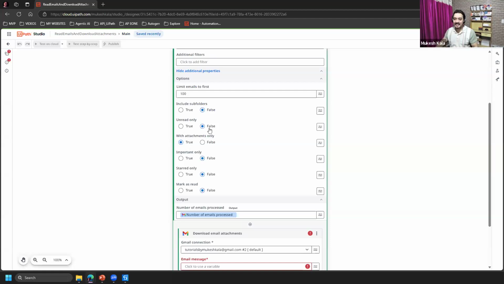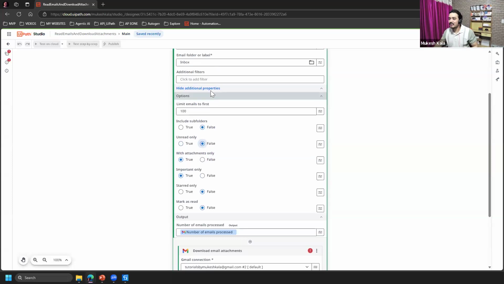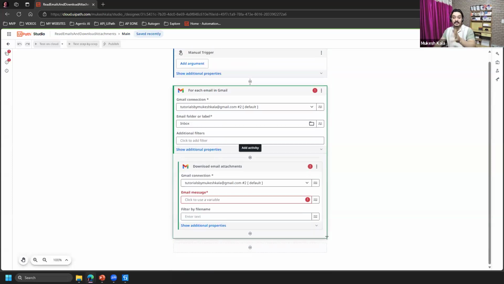Select the first 100 emails. Select the first 100 emails where it is unread, no attachment, marked as important. Just play around with the settings, right? And then you are good. So these are all the additional settings which you can do here. Just relate it to your other programming things where you have to do these things on your own. How much time would you take? That's the power of this technology, right?